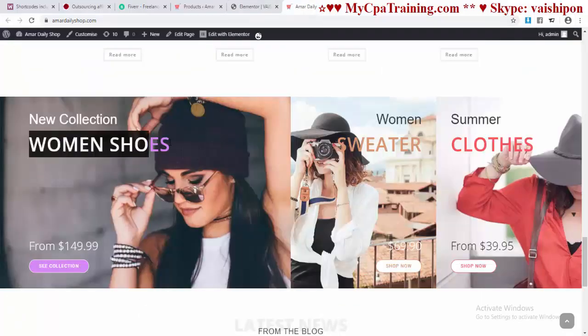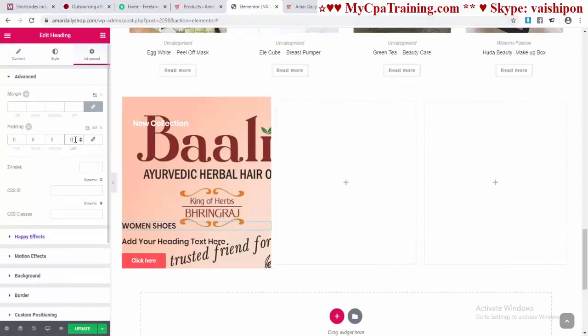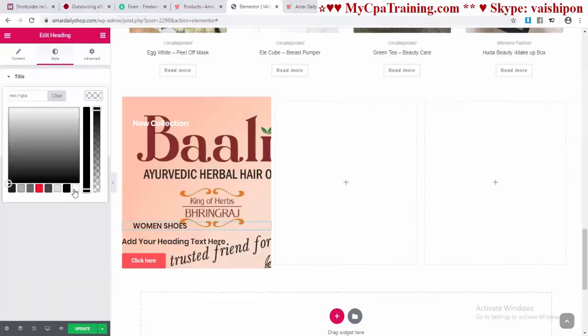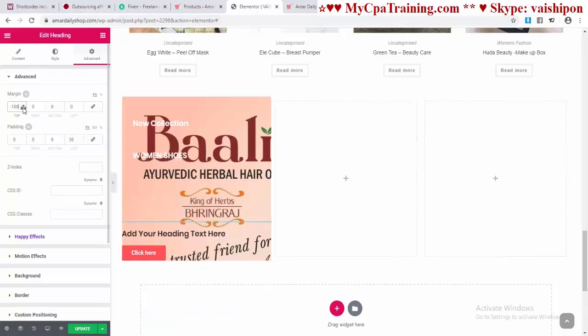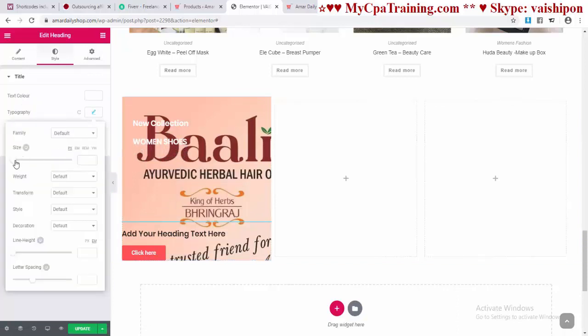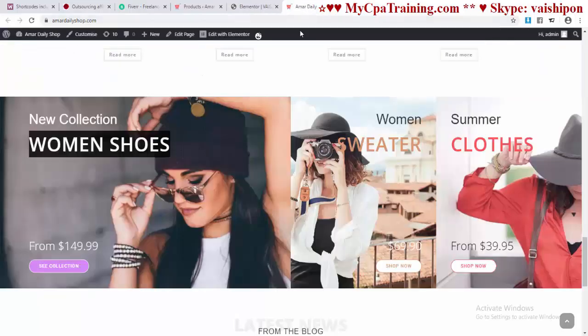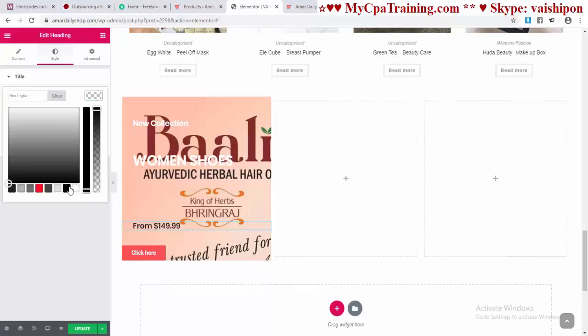And the second text, this one, copy, paste here, advanced, delink, left 30, and styles, color, white, advanced, delink, decrease the top margin. Styles, we have to resize this format, typography, and change the size. And the third one is the price: advanced, delink, padding 30, style, color, white,